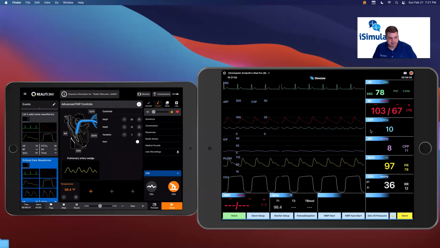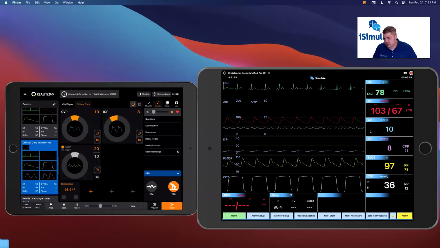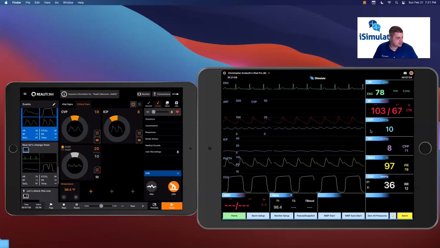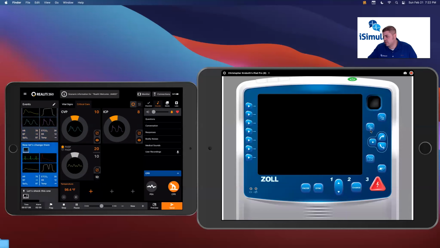So critical care waveforms are included in the system. They're available on the GE CareScape, Philips IntelliView, and the Zoll series monitors, whether it's the ProPac MD or the X. Let's go to another monitor. Let's go to the MD